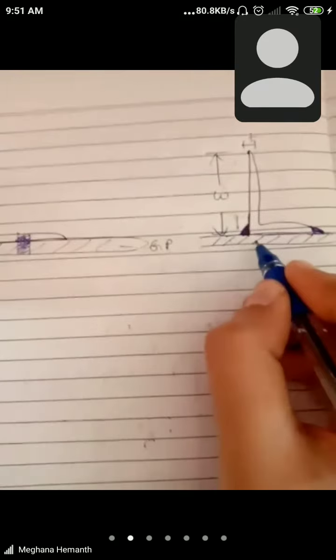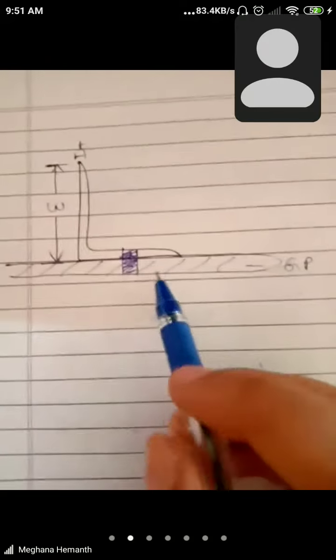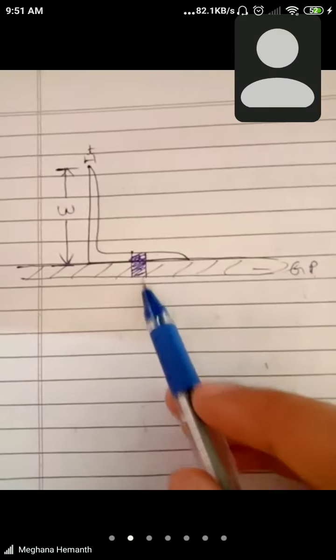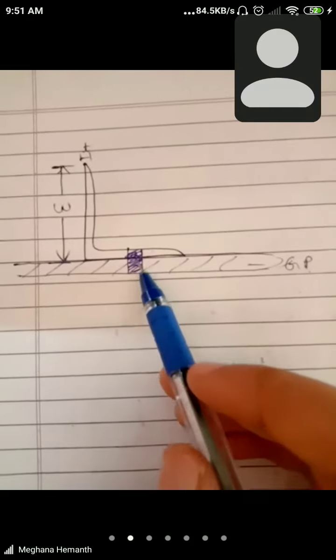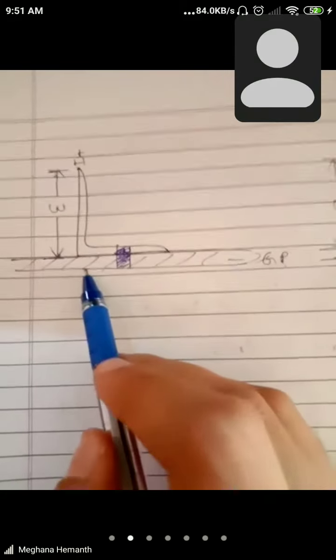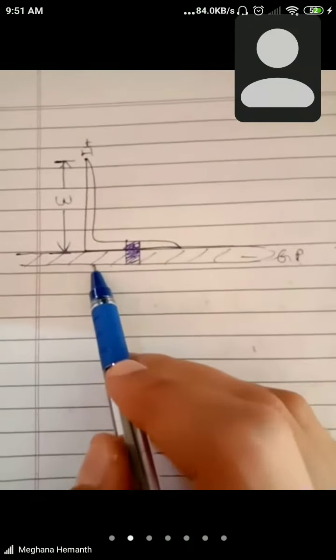There also, the length of this leg will be known as w. This will be the thickness of the angle. This is your gusset plate, and this is the welding you do. In bolted connections, depending on the number of bolts we get from the design, I've just shown a single bolt, but many bolts will be used to connect this member to this particular gusset plate. What is this leg known as?